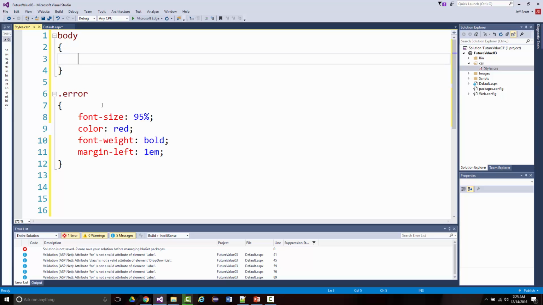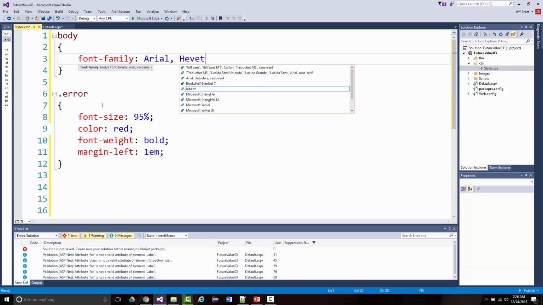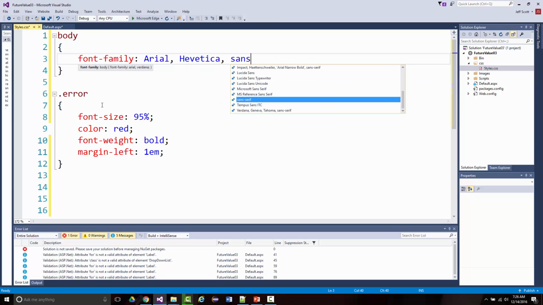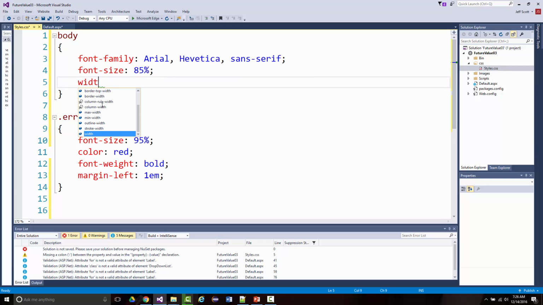And we're going to come in and we're going to change our font family. We're going to try to use Arial, if not Helvetica. And if not, a sans serif. Our font size will be smaller. Again, I'm just using what the author has here. Our width will be set up to